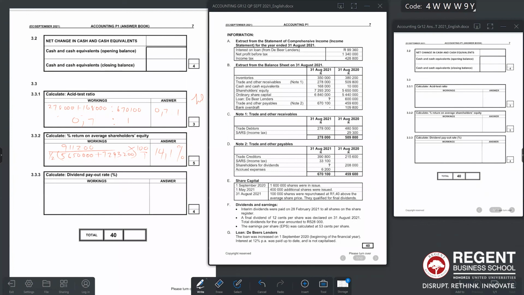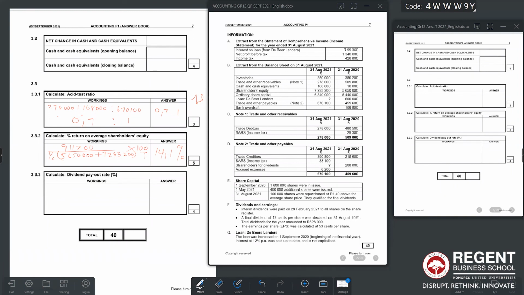Some financial institution might give you 8%, but it's playing around the 7% mark. Was this good or bad? Your answer will be it's very good. If they ask you to comment, your return on shareholders' equity was 14.1%. If I invested my money in a financial institution, if I invested,